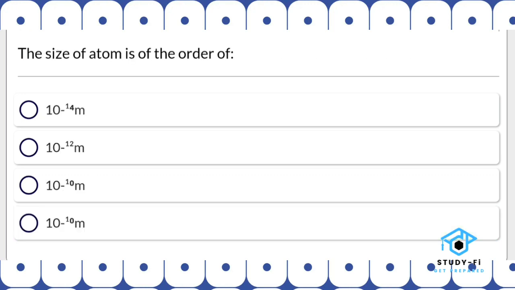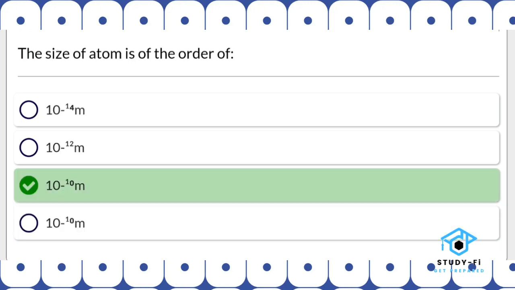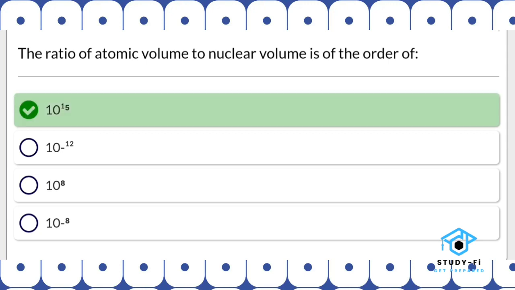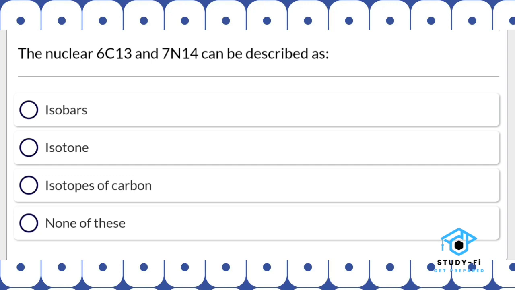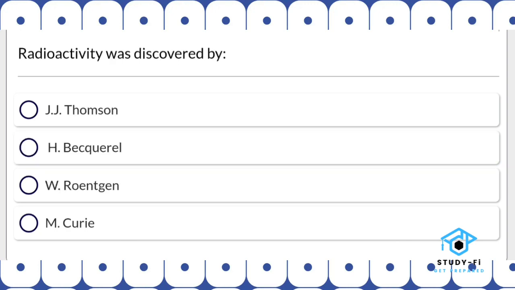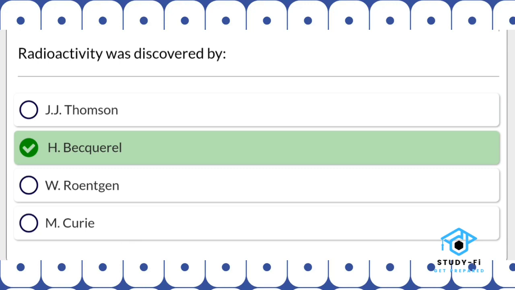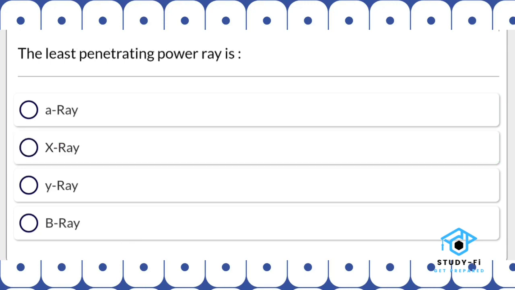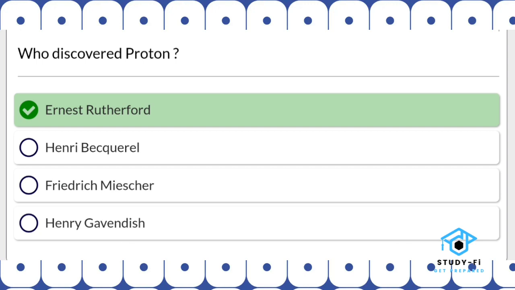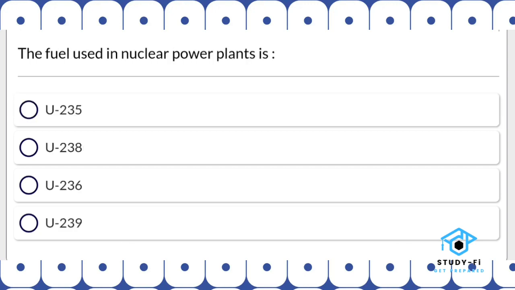The size of atom is of the order of 10 to the power minus 10 meter. The ratio of atomic volume to nuclear volume is of the order of 10 to the power 15. The nuclei carbon-13 and nitrogen-14 can be described as isotones. Radioactivity was discovered by Henry Becquerel. The least penetrating power ray is alpha ray. Who discovered proton? Ernest Rutherford. The fuel used in nuclear power plants is